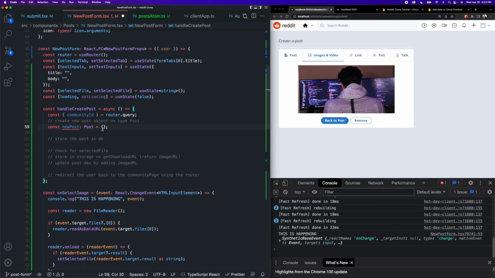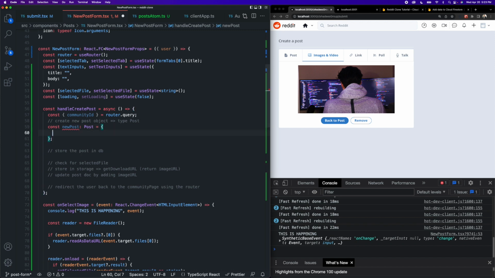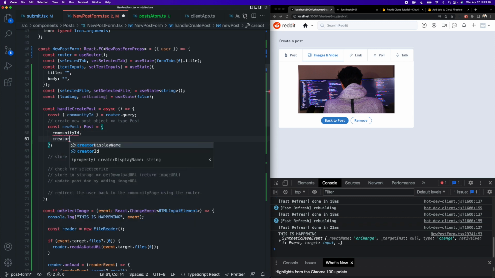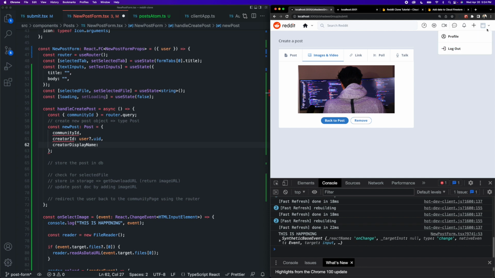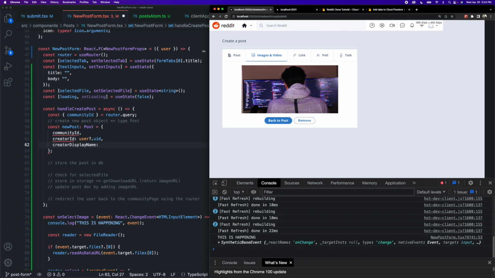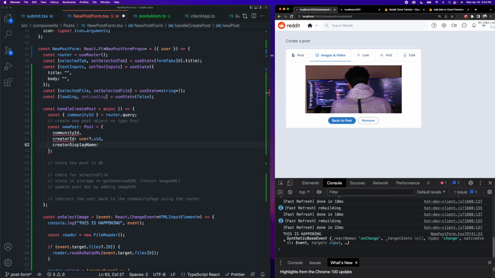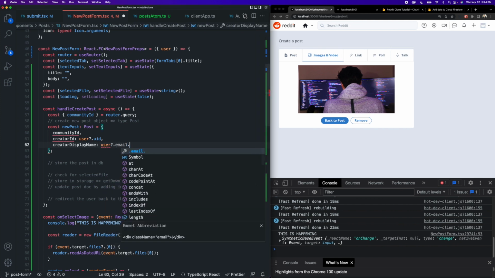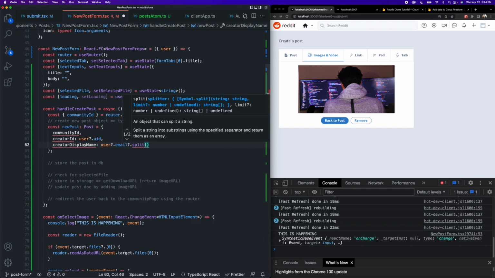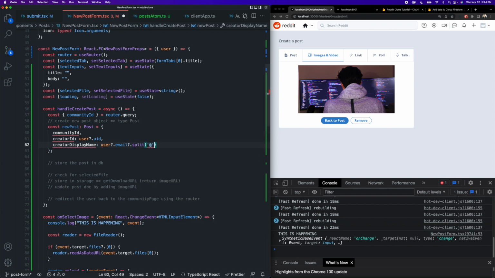All right, let's actually populate this new post object now. So we're going to store our community ID in there that we just grabbed off the router. Our creator ID is going to be our user.uid. Our creator display name is going to be the same thing we did in our drop-down menu over here when we did that splitting of the email to kind of grab this display name type thing. So that's going to be user.email.split. We want to split at the @ sign in the email